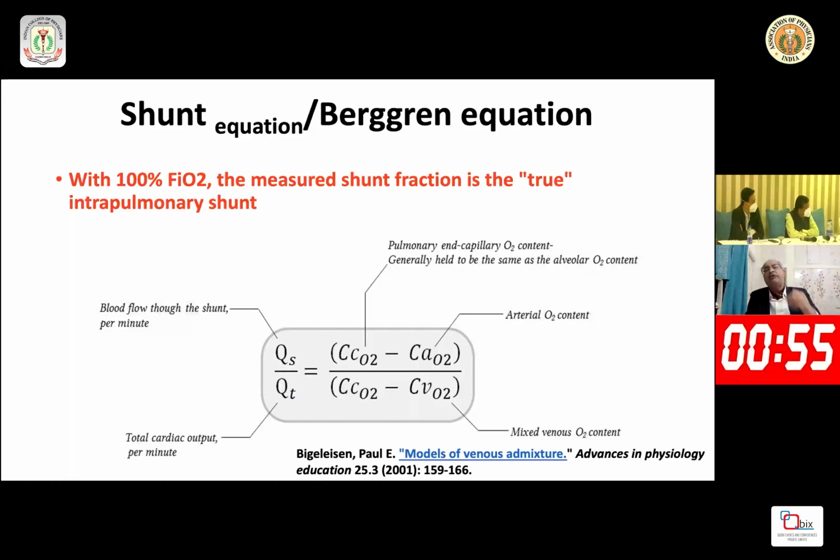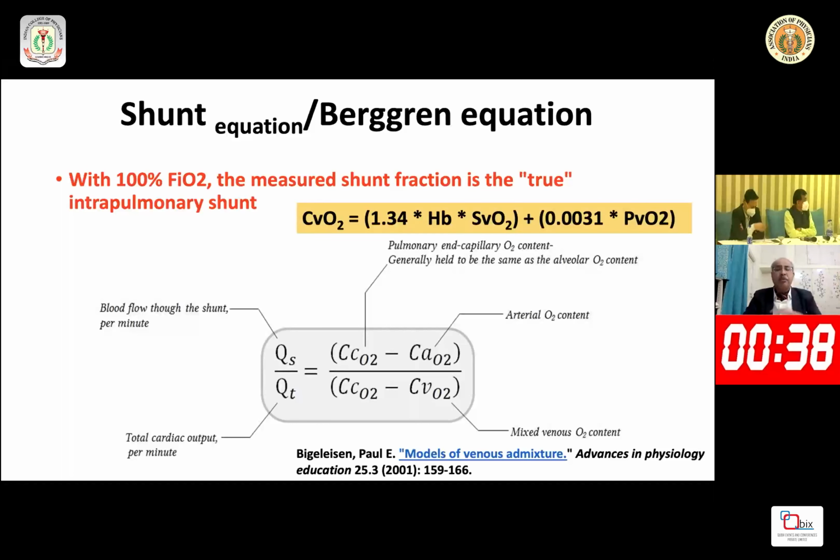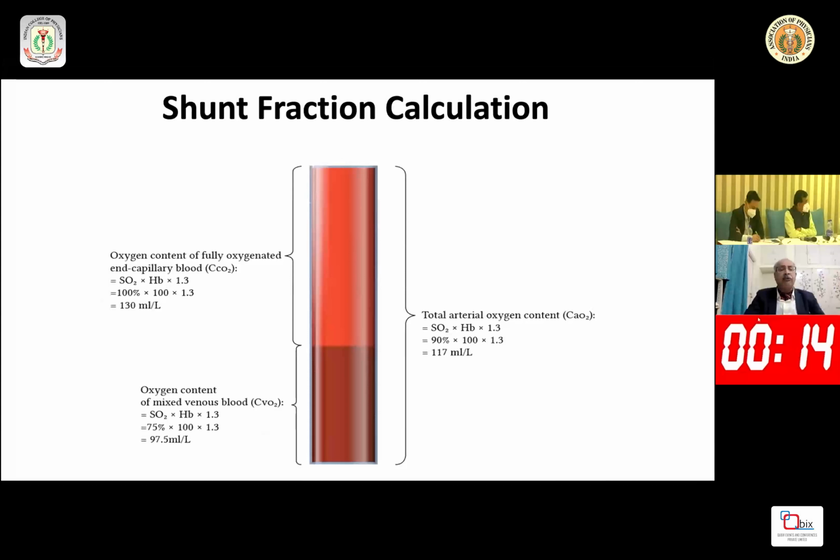The importance and value of it is in patients with congenital heart disease, but more important today, we need to look at it from the clinical perspective: how much is the shunt? Routinely, we don't do it, but this has important clinical cardiopulmonary implications. Normally the same formulas apply, but pulmonary end-capillary oxygen content is supposed to be the same as the alveolar content. That is our extrapolation. But you need an invasive technique to do this. And nowadays we are getting surrogates in terms of calculated ones, which are coming up in clinical practice.